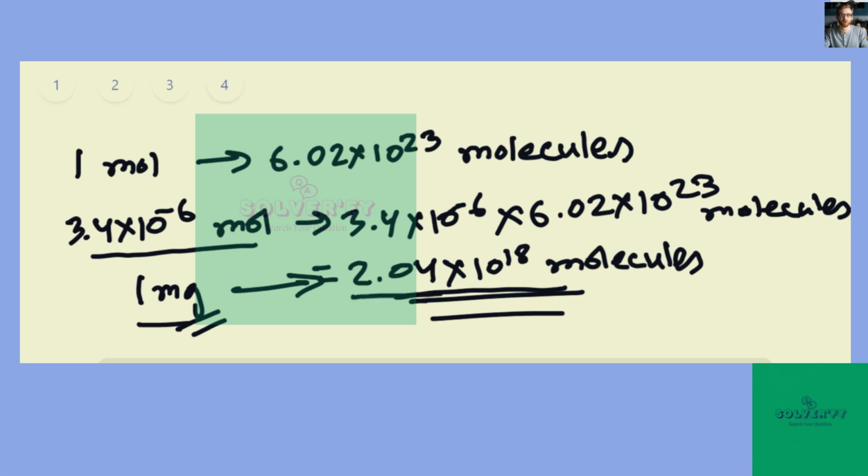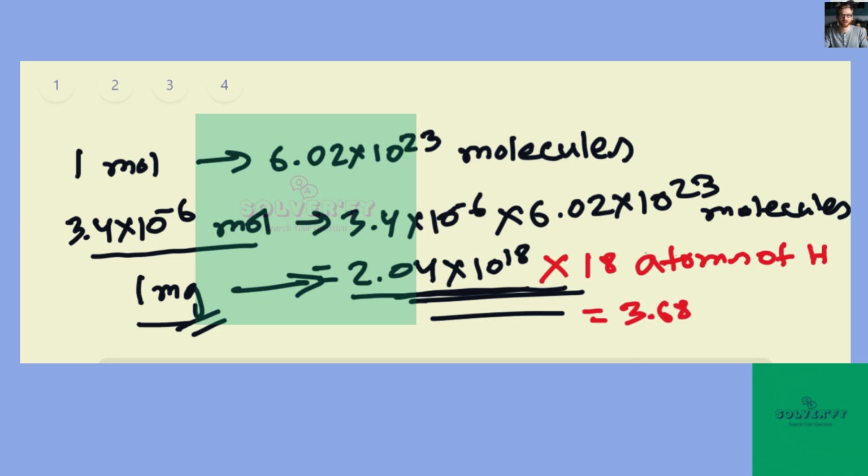That means this many molecules of aspartame will contain this times 18 atoms of hydrogen, and if we just multiply this by 18, we will get a value of